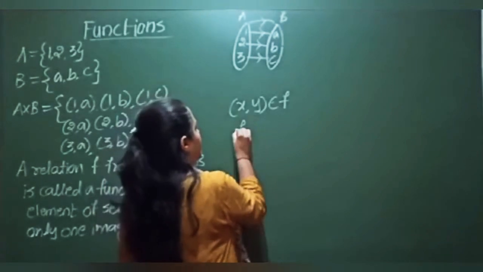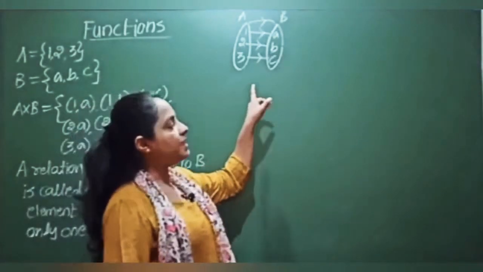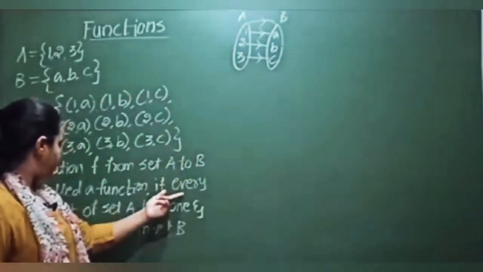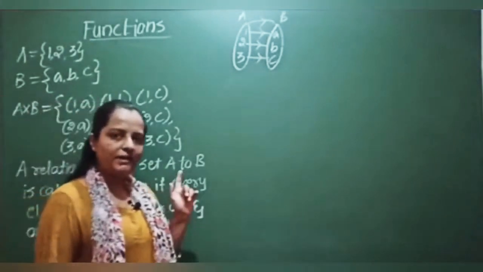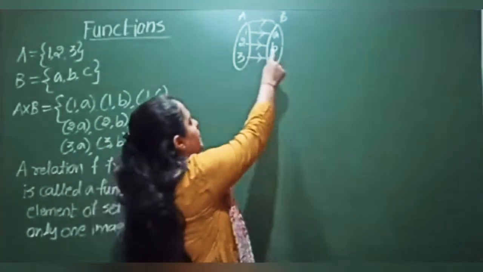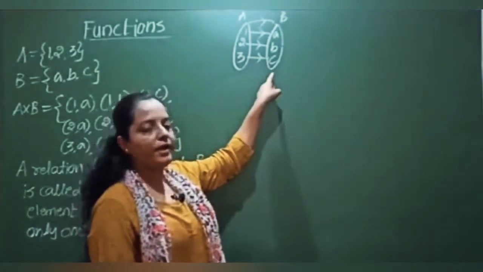And this one we write as f(x) equals y. And I will think whether this relation is a function or not. What is the first condition here? Every element of set A has one and only one image. Every element should map, right? So 1 is going to map with a, 2 is going to map with b, 3 is also going to map with